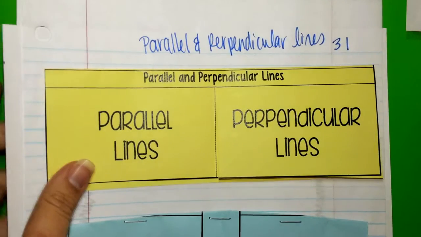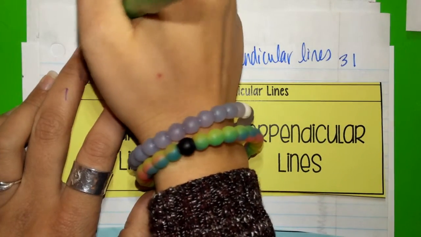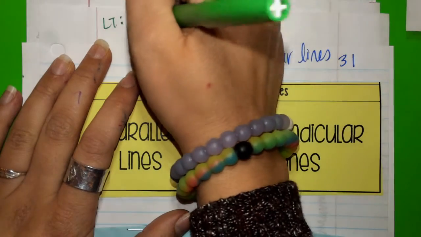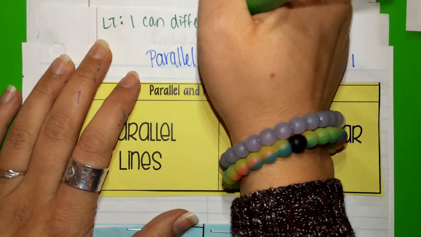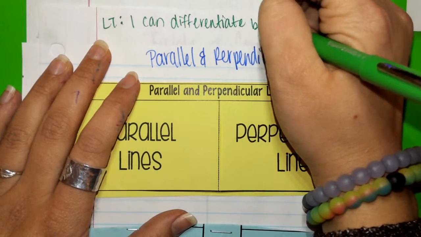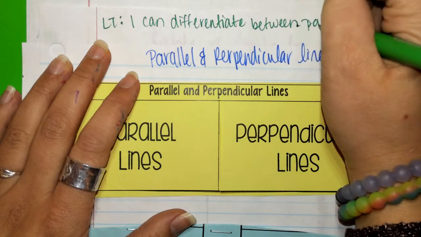So today we have two things that we're going to do. The first thing is we're just going to identify what parallel and perpendicular lines are. So our first learning target says, I can differentiate between parallel